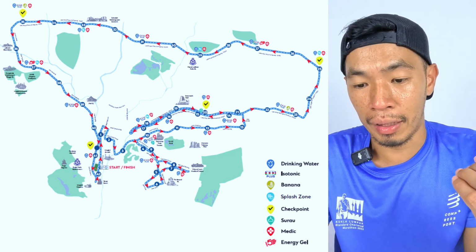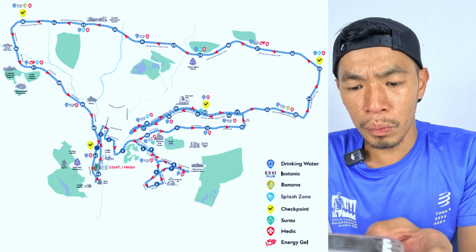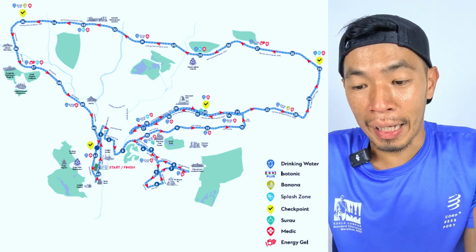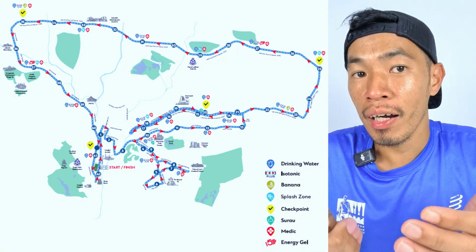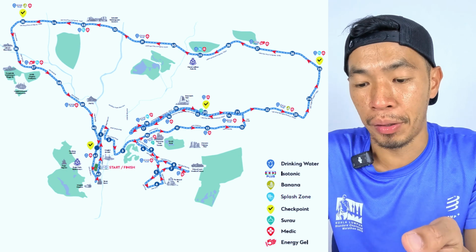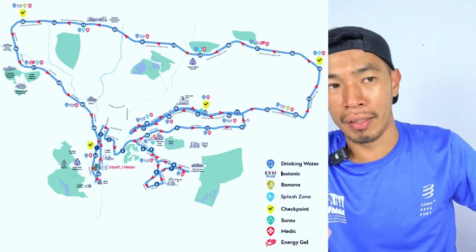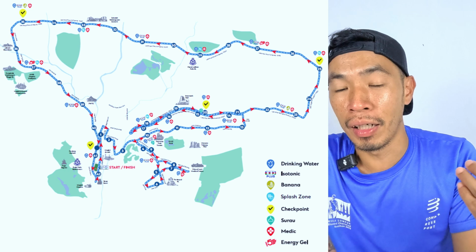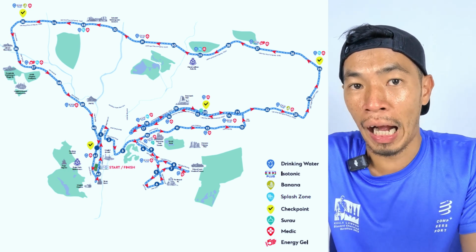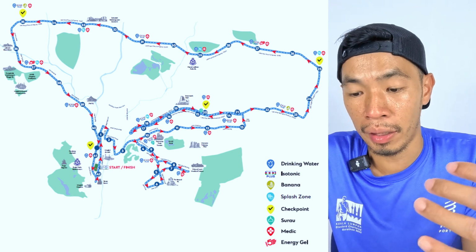to the starting line. Once we reach the 40km, we will start to merge with the half marathon. That is where we merge back with the half marathon, at the 40km mark, and the half marathon just comes out from Jalan Sultan Ismail. During this part, the route is starting to hype up already. A lot of runners are starting to gather at the